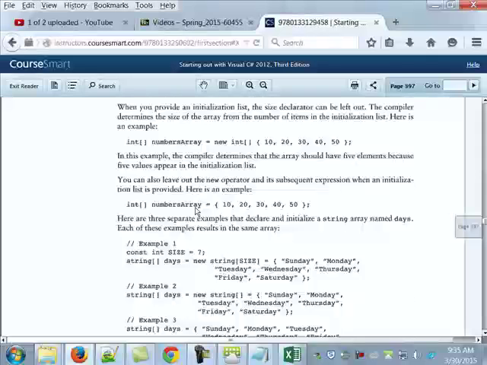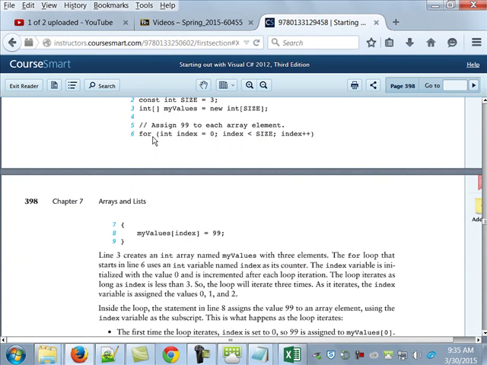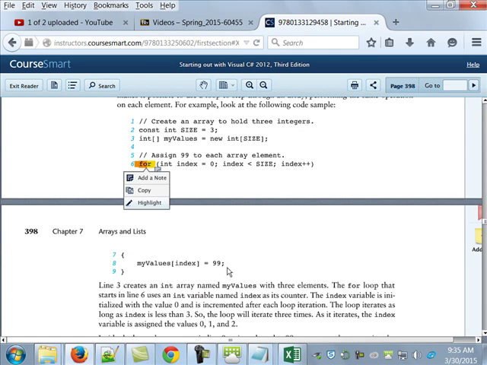There's the initialization that I showed you already. Arrays are meant to work with loops. They literally work hand in hand with one another. So this, I've created an array of size 3, and now I'm saying go through that array and set every value that's in there to 99. I don't know, why would you want to do that? I don't know. But if we wanted to set them all to 0,